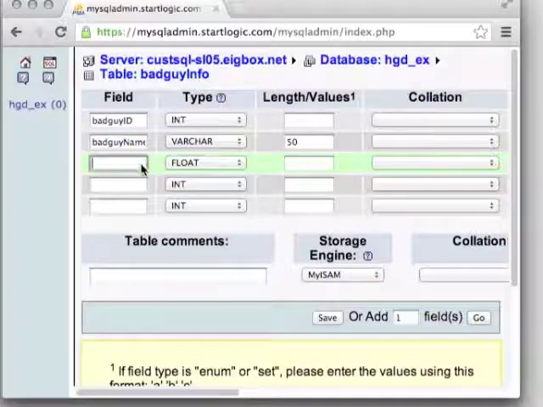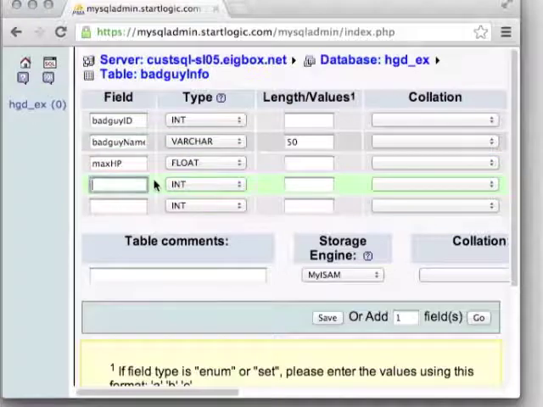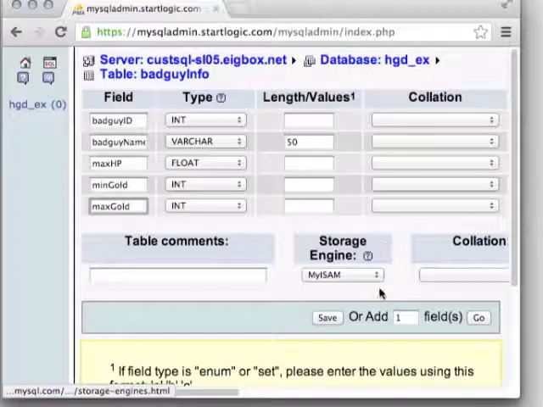to 50. And then we also wanted to say how many hit points does the bad guy have. Let's specify this one with decimal precision, so you'll note what I'm selecting there. And then we'll also select min gold and max gold. We'll set those as integers. Okay, so we've got these values filled in, and we click save, and now we have that structure there, but